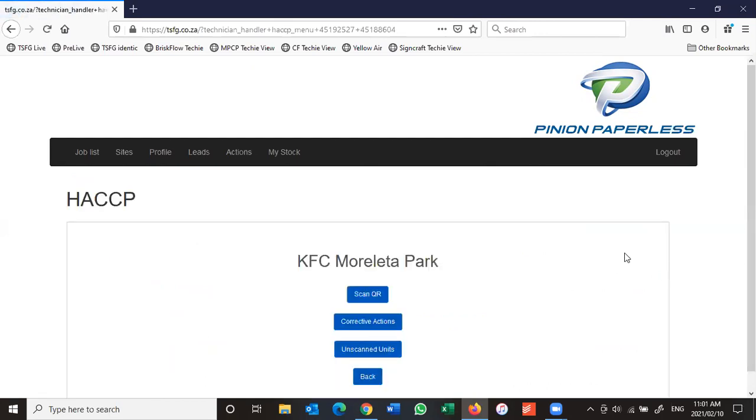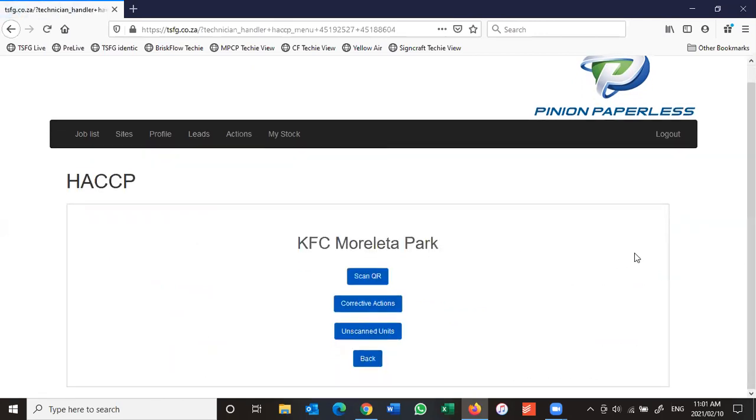So I'm just going to show you TechieView, the app. I will send you guys a video on how to set up the app and how the app works. It's really, really basic to use. I'm just going to run through this to show you how you can make use of TechieView